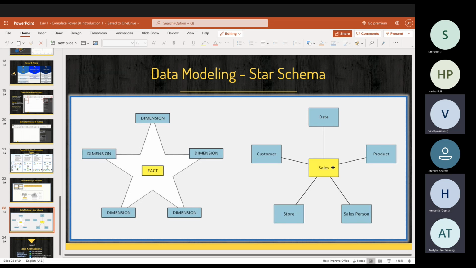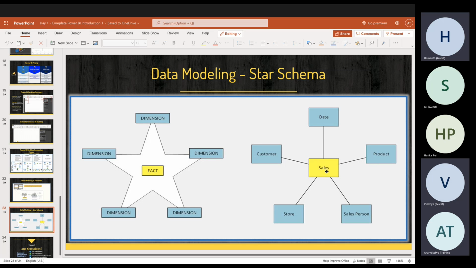When it comes to a relationship between your sales table and your dimension tables, that is where the schema will come in place. When you have this kind of a star schema, Power BI can follow a very powerful schema. It is where it will have relationships. So just in case I'm trying to confuse you guys, I'll tell you a very familiar example. Customer table will have all the customer IDs. Store table will have all the store details. Salesperson will have all the salesperson details. Product will have all the product details and date will have some date details and so on.